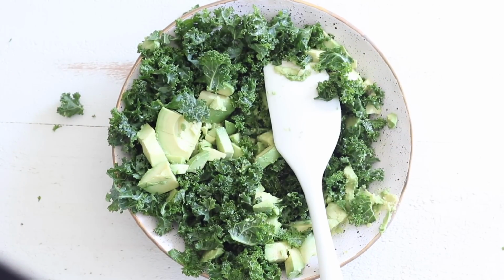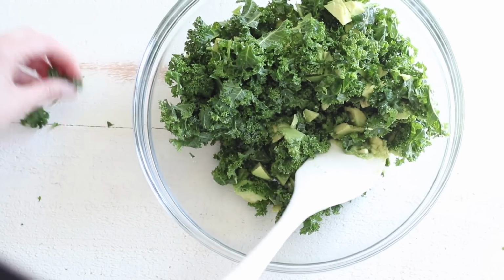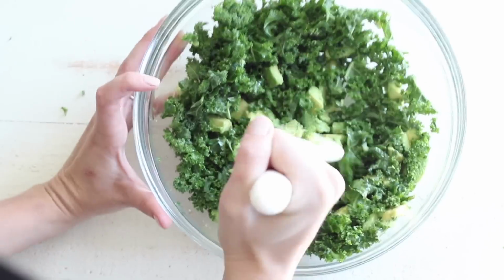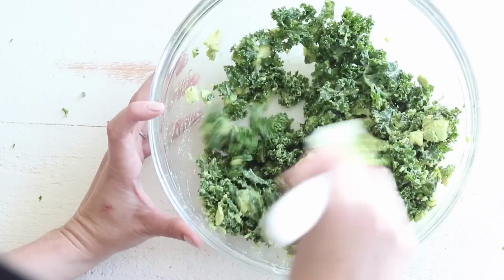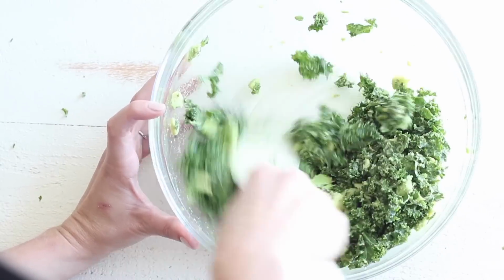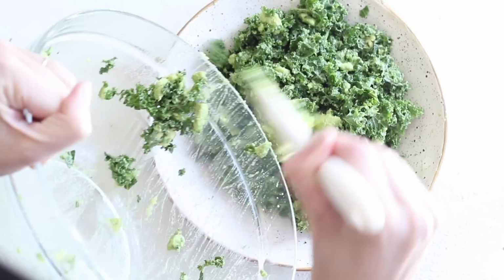This is the point where I decided this bowl was too small, so I transferred it to a bigger bowl so that I could appropriately smush the avocados, because what you want to do is just take your spatula and smush the avocados so that there are some chunks, but most of it is coating the kale. And then once it's nice and smushed and coated, transfer it to whatever bowl you want to eat it from